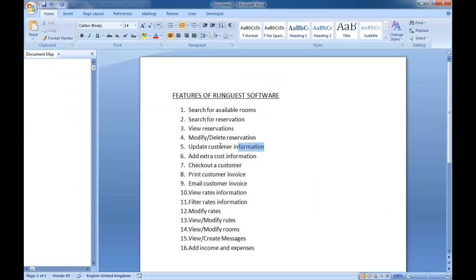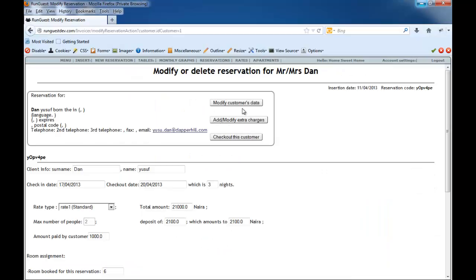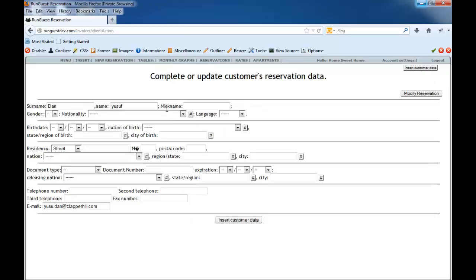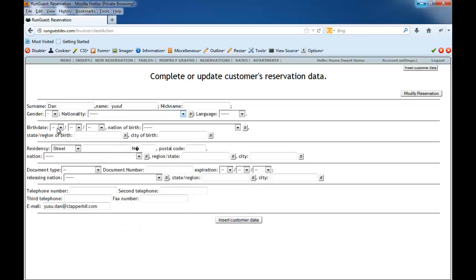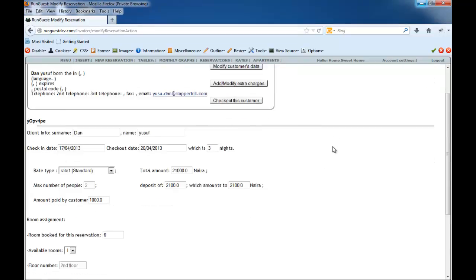If we're now going to number 5, update customer information, we can also modify the customer's data. Click on customer data, and then put in more information about the customer. For instance, the customer's country of origin and the gender, it's quite self-explanatory here, and then insert and modify the customer's data. We can go back to the modify reservation menu,